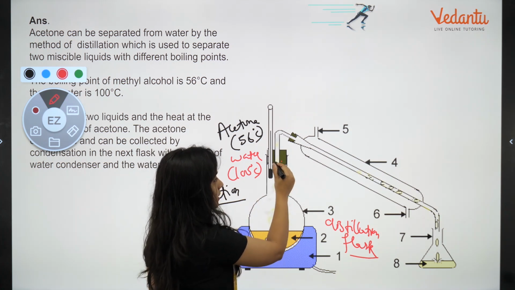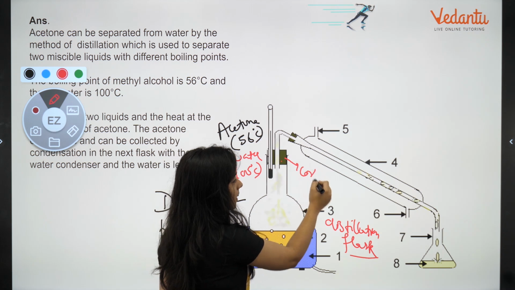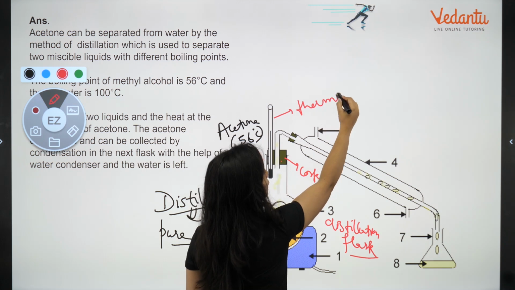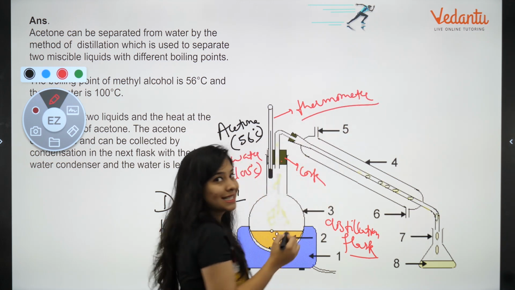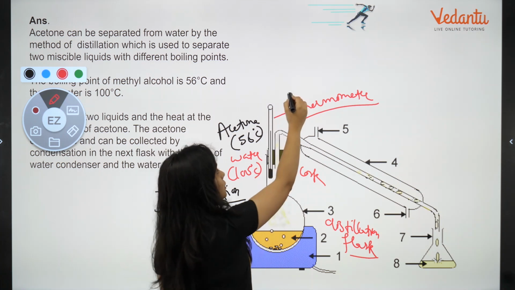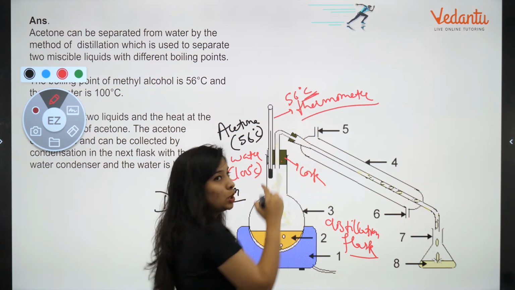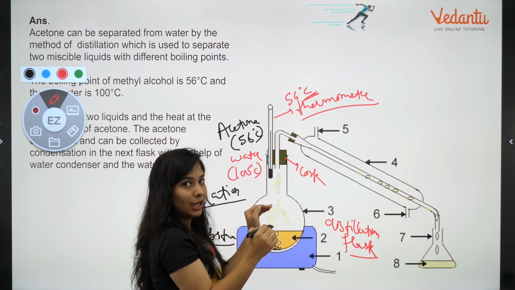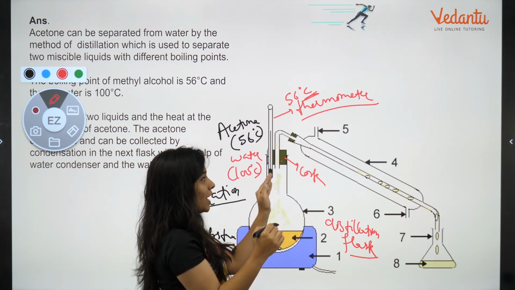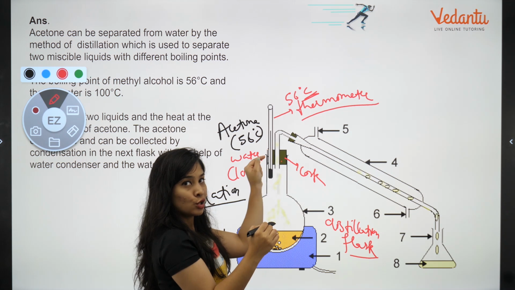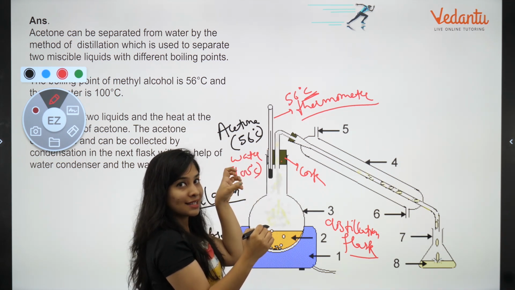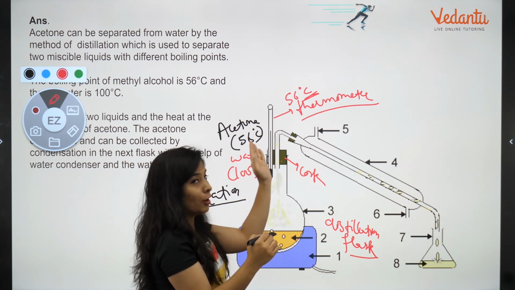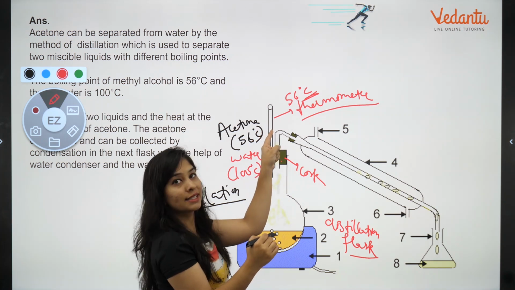These vapors will rise. Now this is a cork, so that vapor can't go away. And we have fitted a thermometer as well. What was the reason for fitting the thermometer? So that we can see the boiling point. When it rises to 56 degrees Celsius, it will become constant for a certain moment of time. Why? Because 56 degrees is the boiling point of acetone, and all of the acetone is going to boil at that moment, so the thermometer will not rise in value, because you are converting all of the liquid into vapor. Again the concept of latent heat. Till the whole of it boils off, it will still show the same temperature.